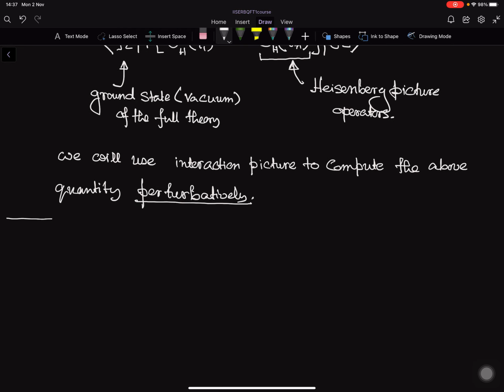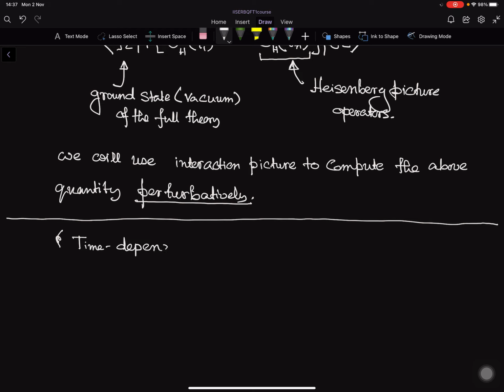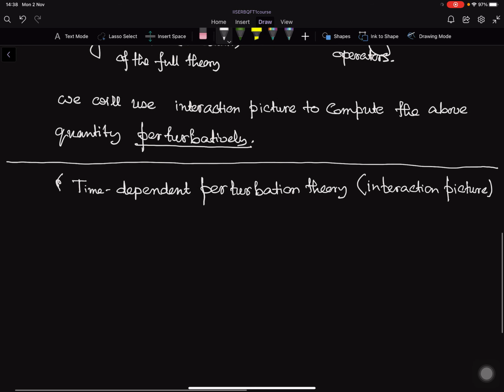Okay, so let's now move on to the interaction picture. So in order to do that, let's consider the following thing. Let's say we have the full Hamiltonian of the system,